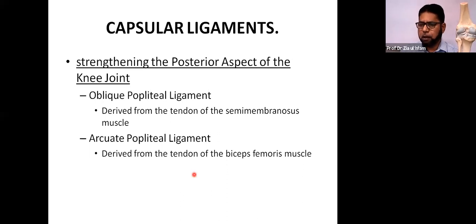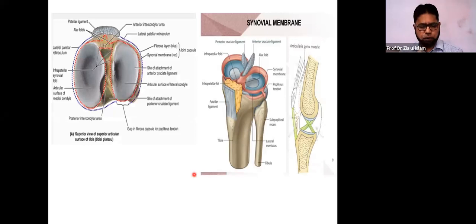So oblique popliteal ligament and arcuate popliteal ligament. These are the capsule attachments that I was trying to tell you about. You can see there are two things. The blue one you see on the side, this is actually the capsule. And the red structure you see, this is actually the synovial membrane which lines the capsule